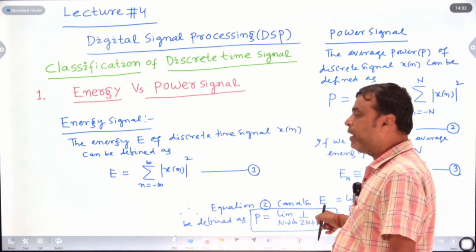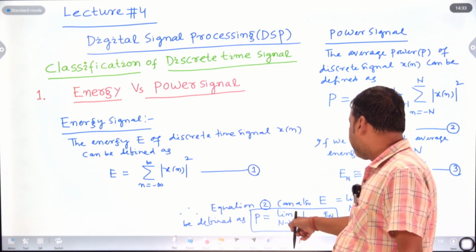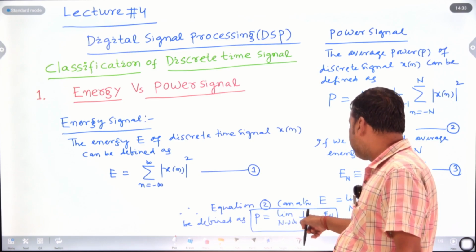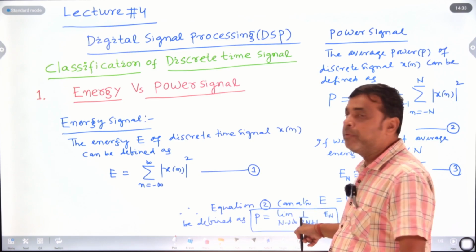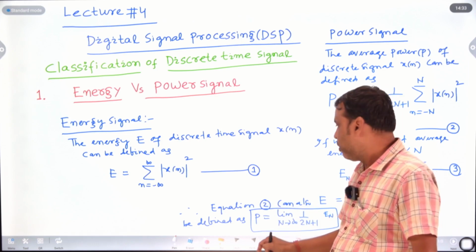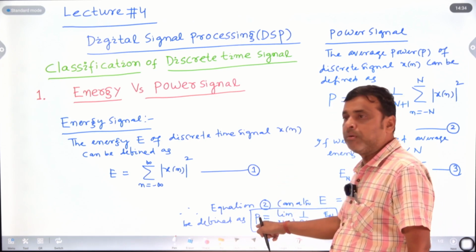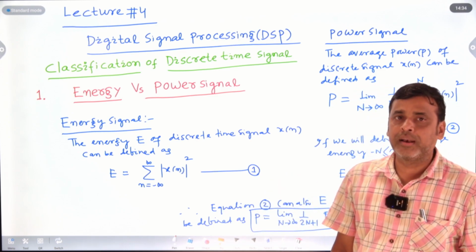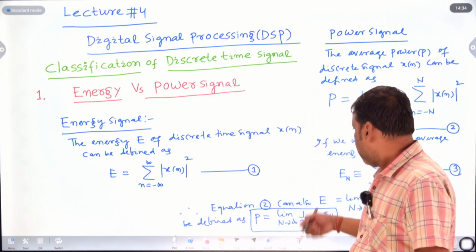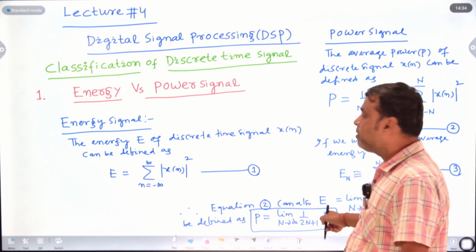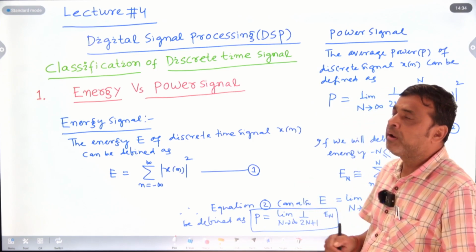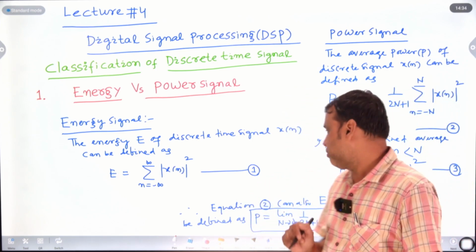If energy is finite, and n tends to infinite, the denominator is infinite, finite by infinite, the result is 0. That means power is 0. If energy is finite, the power is 0. The signal is called the energy signal. Another case is if energy is infinite. Suppose we calculate the energy of a discrete time signal x of n,